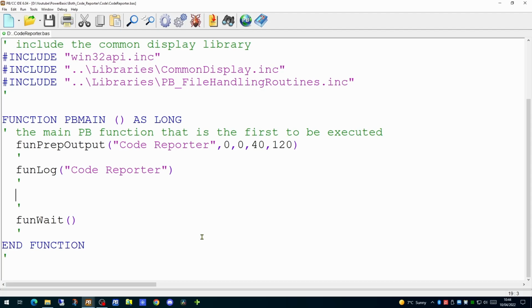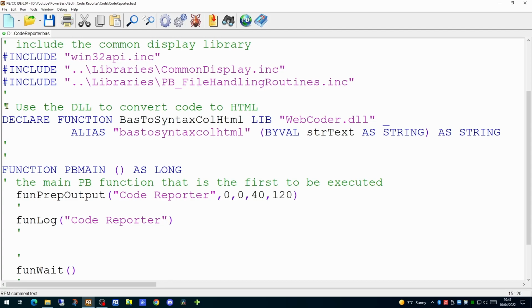The purpose of the function within this DLL is to take a PowerBasic code file, a .bas file, or a .include file, and turn it into an HTML document, with the syntax of command words color-coded. This DLL can be called either from within the PowerBasic Windows compiler or the console compiler. So in order to make use of this DLL, we have to declare it within an application.